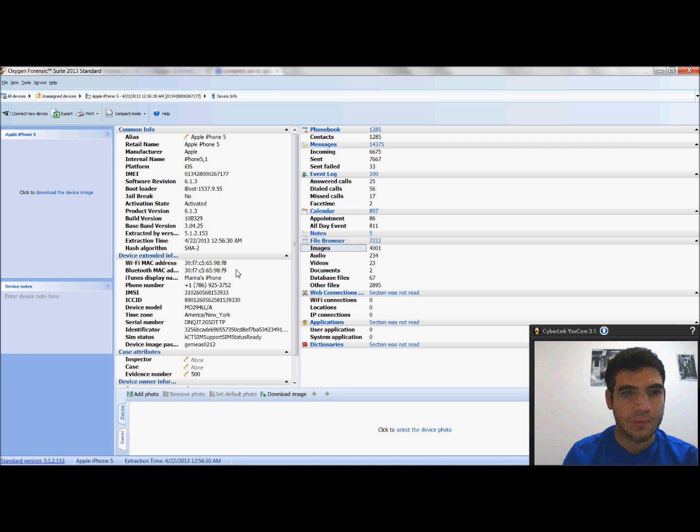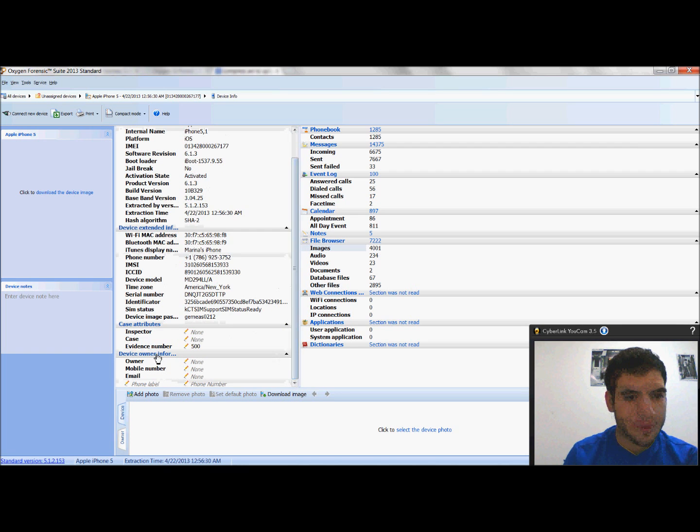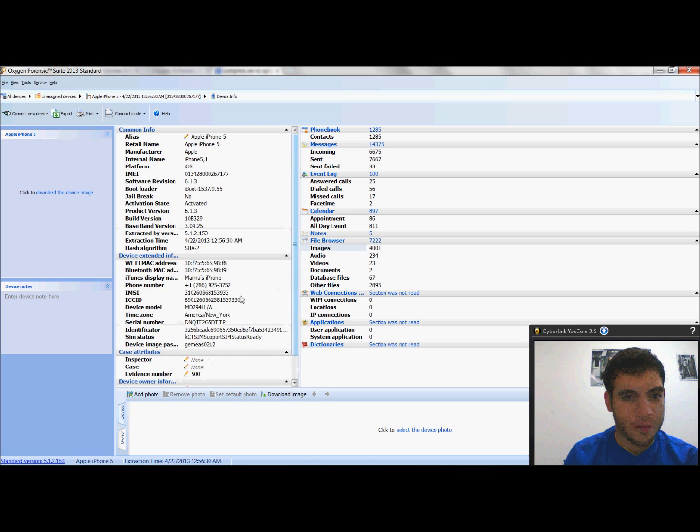We can get the device case attributes, which we just put in at the beginning. It can give us the iTunes display name, which is Marina's phone because it's my friend's phone. The time zone used to back up with iTunes, everything that's backed up in iTunes. The passcode which was used,